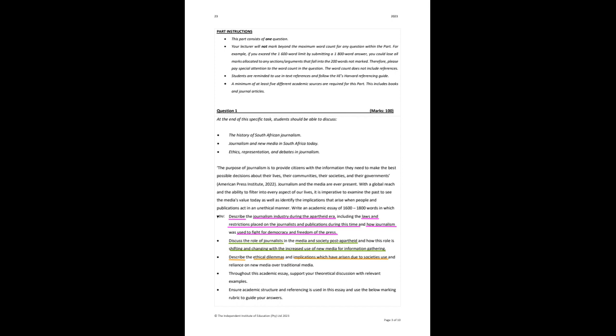So please make sure the whole time that if you present some piece of information, once you have presented it, you then give me an example to support what you have said. Because that way it shows me that you have a clear understanding of the essay topic and what is expected. So if you keep giving me examples, showing me your understanding, it means you're going to get a good mark at the end of the day. And obviously that is the goal, for everyone to get a good mark and to do well.